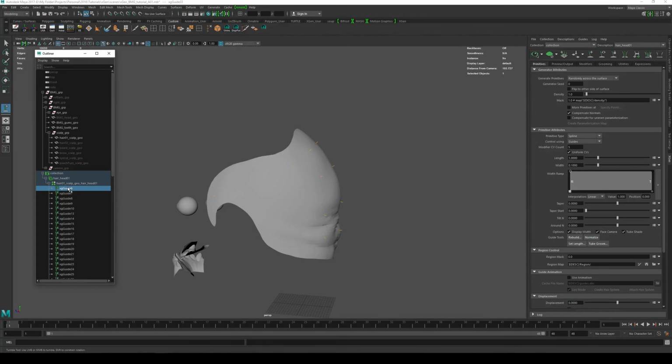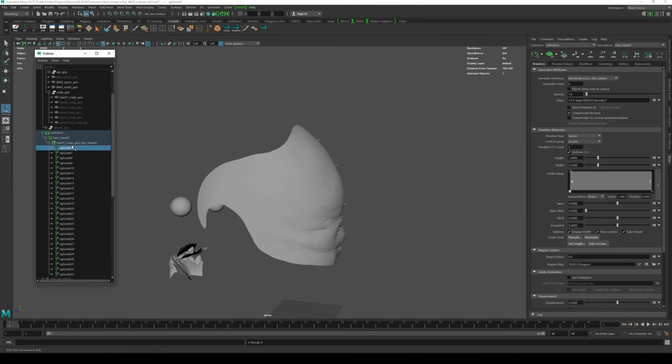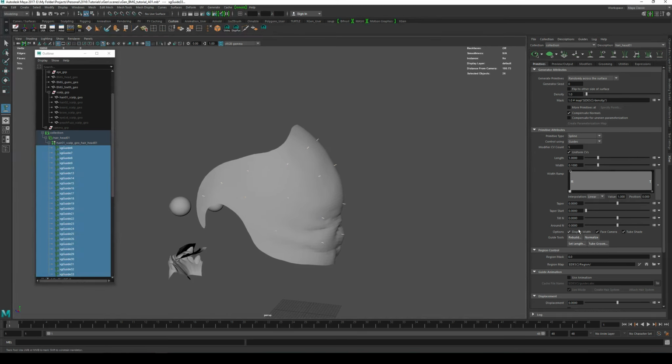Okay, so now I can select all these guides I've just created, and I'll go under primitives, and the first thing I'm going to do is rebuild. So this will rebuild how many CVs are along each one of these curves. By default it's 5. For shorter hairs like the eyebrows, I found that to be solid, but for the hair where I'm going to want it a bit longer and give it a bit more finesse, I found 10 was a better option. So I'll give them all 10,